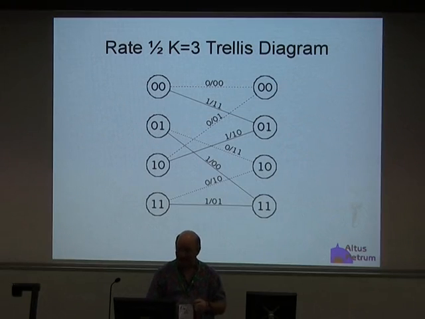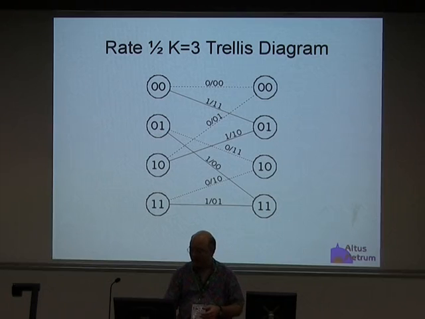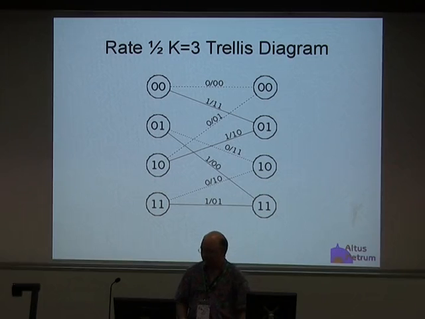It shows that if you were in state 0,0 and you got a 0 bit, then you would transmit 0,0, that's the bit 1 and 0 numbers there, and your new state would be 0,0. If you were in state 0,0 and you got a 1 bit, then you would transmit 1,1, and if you go look at the little XOR thing, you'll note that both of the bits turn to 1. And your new state would be 0,1, because you just shift. Remember, you're just shifting bits into the S0 and S1 state.